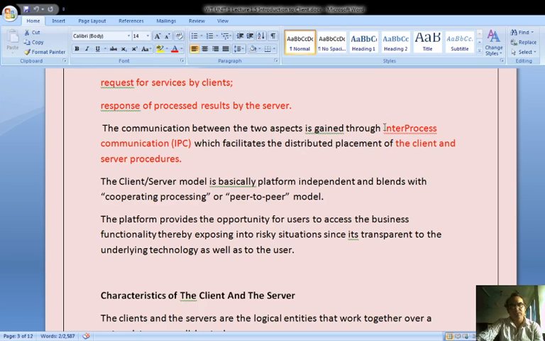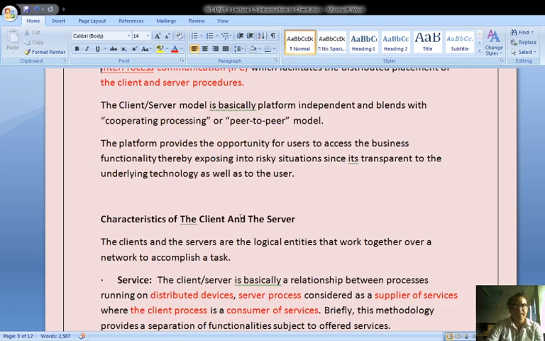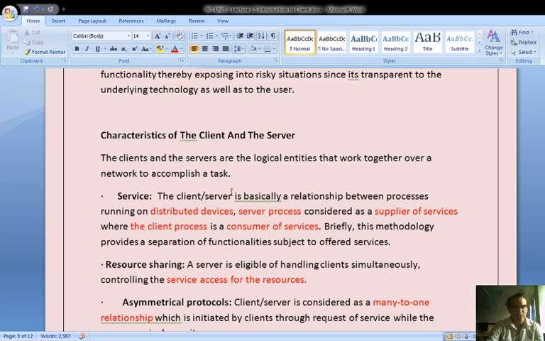The communication between the two is gained through inter-process communication, which facilitates the distributed placement of the client and server procedures. The client server model is basically platform independent and blends with the cooperating processes of the peer-to-peer model. The platform gives users the opportunity to access business functionality, thereby exposing a risky situation, since it is transparent to the underlying technology as well as to the user.